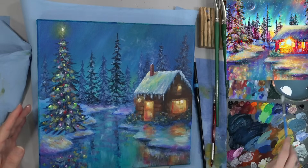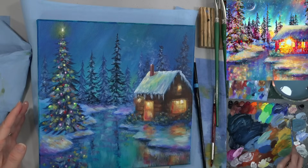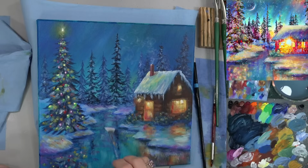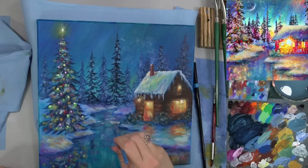I could clean my palette probably. But you do need to have it fluid, so that's the main thing. You need your paint to come off your brush really easily, and I probably should have just waited to put my zinc white out until the very end here where I needed it. You can also use it in the water, and I do like to use it in the water, so I think I'm going to kind of just maybe dab some little